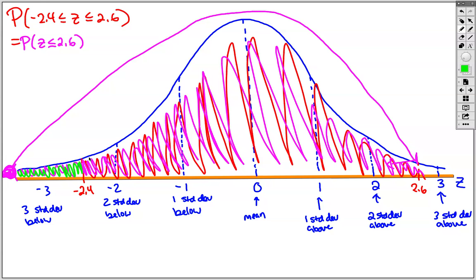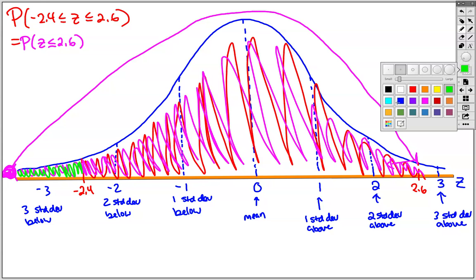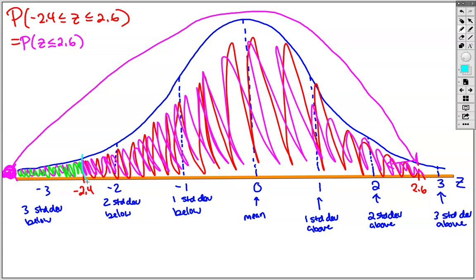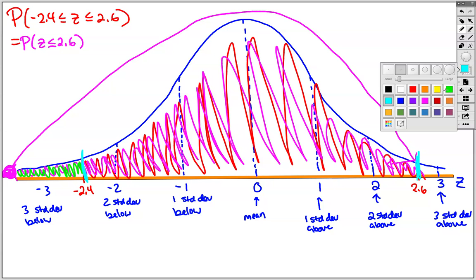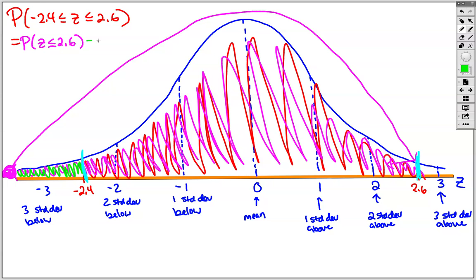And then you'll have everything from here to here, right? So we subtract what's in the green minus the probability z is less than negative 2.4, and you have your answer. So what's the probability z is less than or equal to